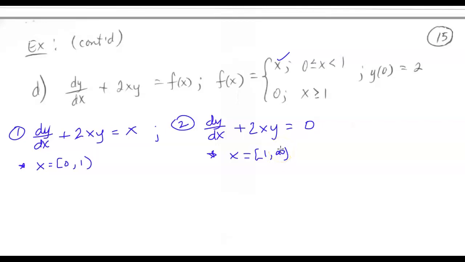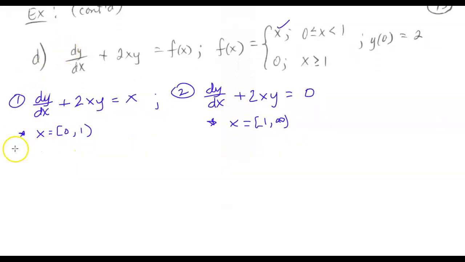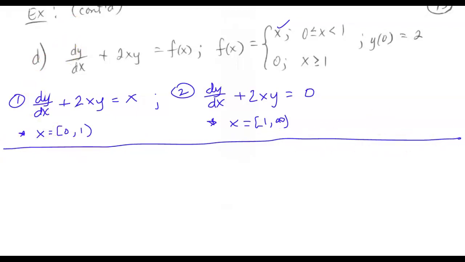Okay, and so in solving each of these separately, we're going to get solutions, but we also have to make sure that since this equation was defined as a piecewise function, our solution needs to be continuous, and we may have to do the limit of one solution on the left, other solution on the right of x equals 1 to make sure that they sort of hook up with each other so that the function is continuous at x equals 1. So that will be one of the last things we'll be considering towards the end of this problem. All right, so let's solve